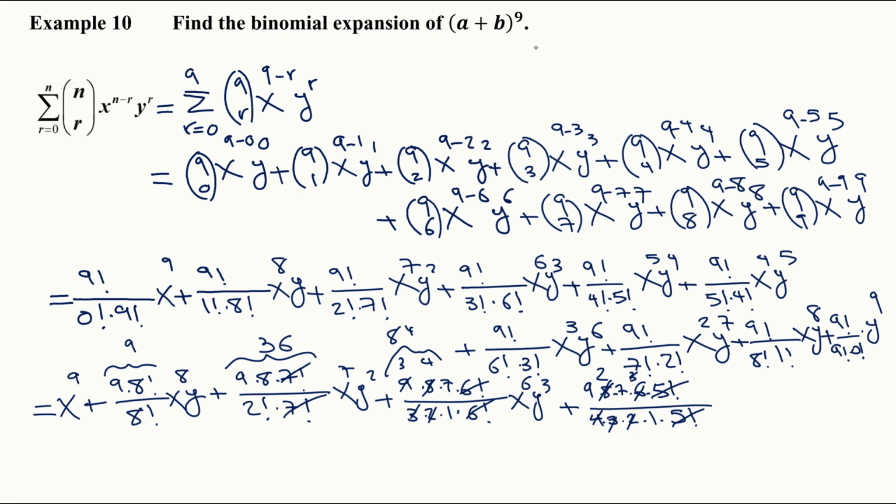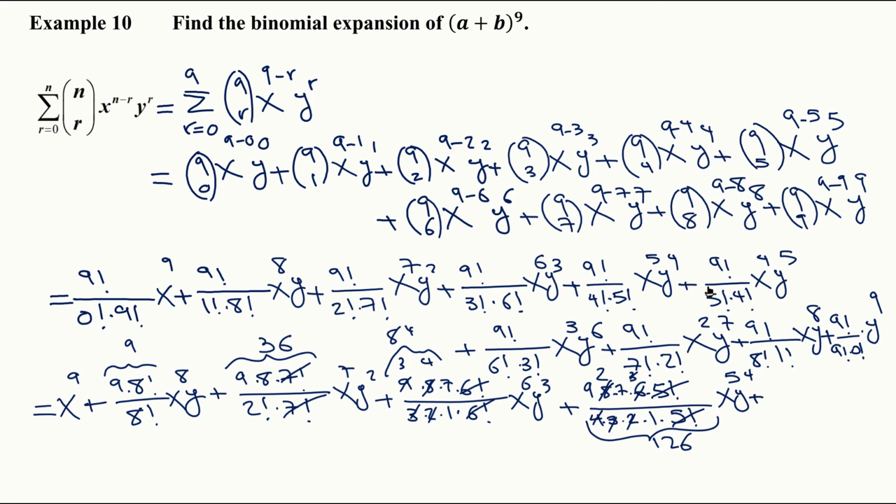So we have 63 times 2, which is 126. So this guy here is 126. And then it's times x to the 5 y to the 4